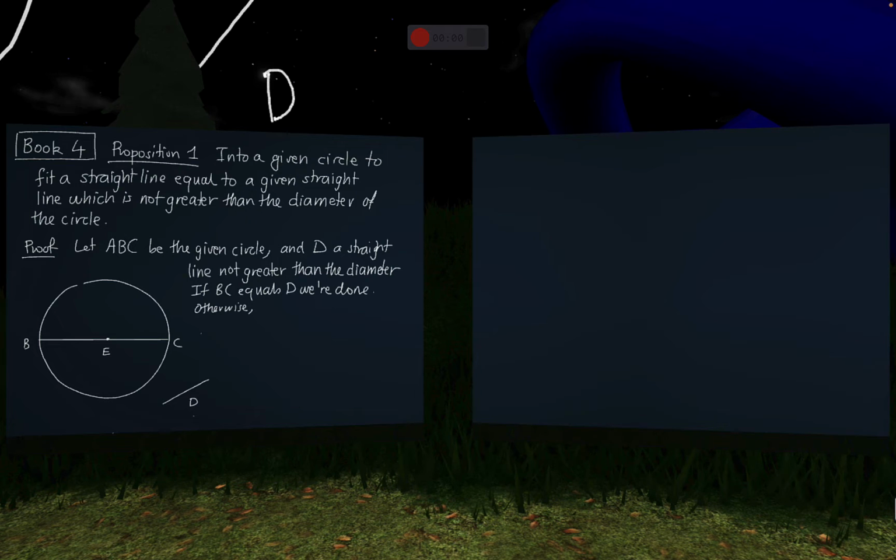Otherwise, and we're assuming that D is less than BC, so otherwise if D is less, I mislabeled this, I guess, so E was not the center, apologize. We don't really care about the center, BC is the diameter. So let CE be equal to D, which we can do by some proposition. I forget which one. It's not written down here, but we remember that. Okay, and then